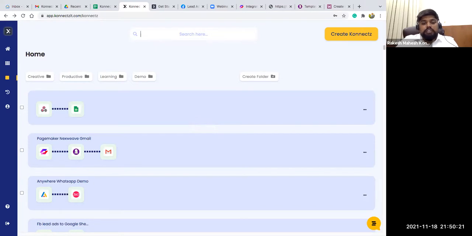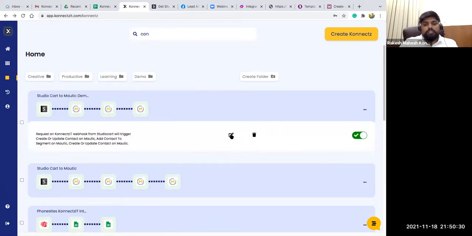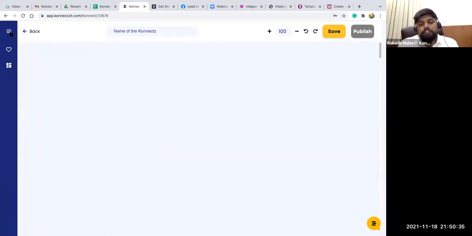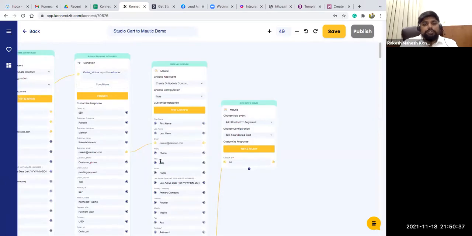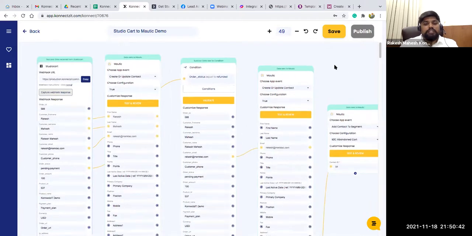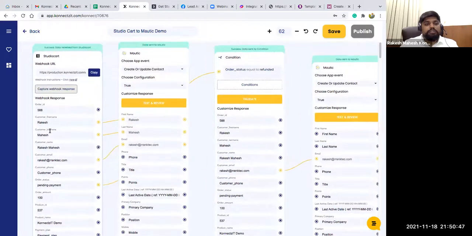So I'm going to select condition. Okay, there was a demo which I just recently did a video on, so I'm going to take that particular option. So you can see this. What I was doing here is, whenever a sale happens inside Studio Cart, I am taking that as my example and storing the record inside Mautic, which is an email automation tool.